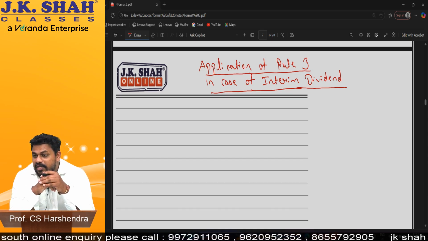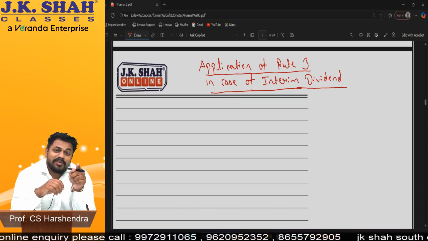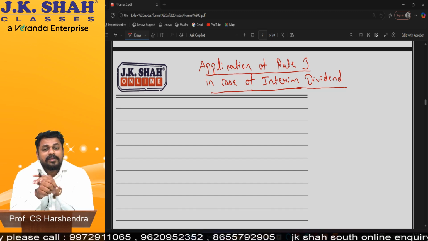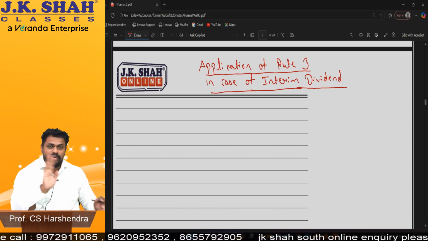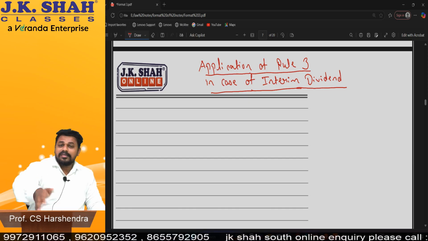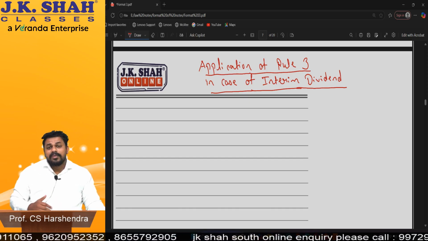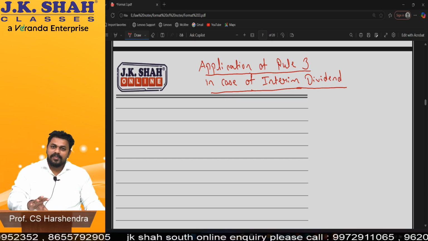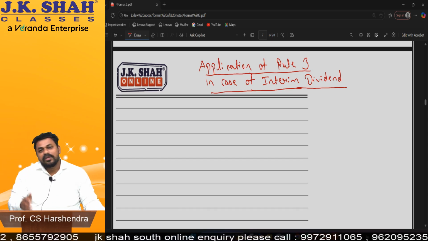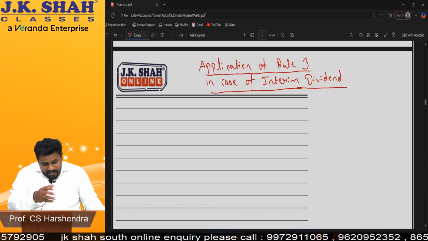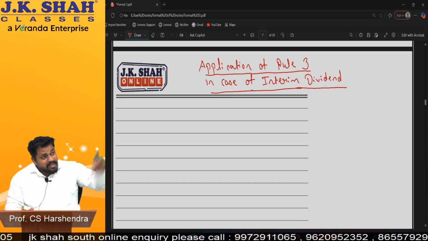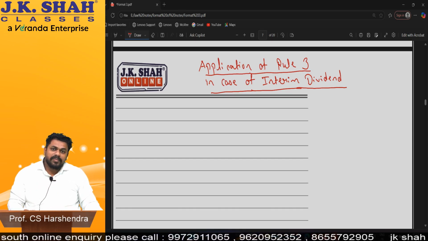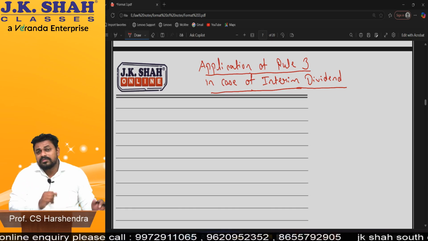Perfect, because of the definition. Final dividend includes interim dividend. All the rules and regulations applicable for final dividend will be applicable for interim dividend. Am I clear with this? So fine, rule 3 is applicable. But sir, how do we ascertain whether rule 3 is applicable in interim dividend? Because in final dividend it's very easy. Your whole year's P&L is prepared. You know whether it's profit making, loss making or inadequate. But interim dividend is given in between the year, before the completion of the financial year, before the final accounts are prepared. So how will we understand whether it's a profit making or loss making company?